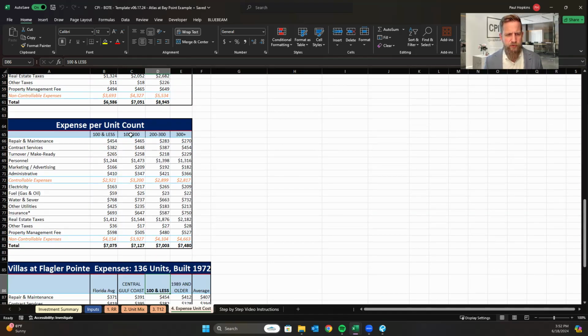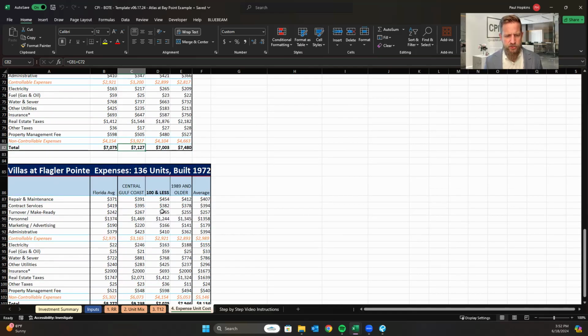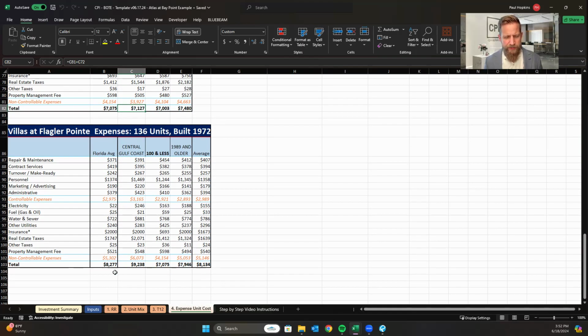So it's between 100 and 200, so it's $7,100 per unit per year is what the expenses should be around. All right, so I got an average of it all for the location, the unit count, and the vintage, and this takes an average. So we're looking at somewhere between $7,000 and $8,000 a unit per year for your overall expenses. So we can start here at the top: repairs and maintenance at 407, contract services at 394,